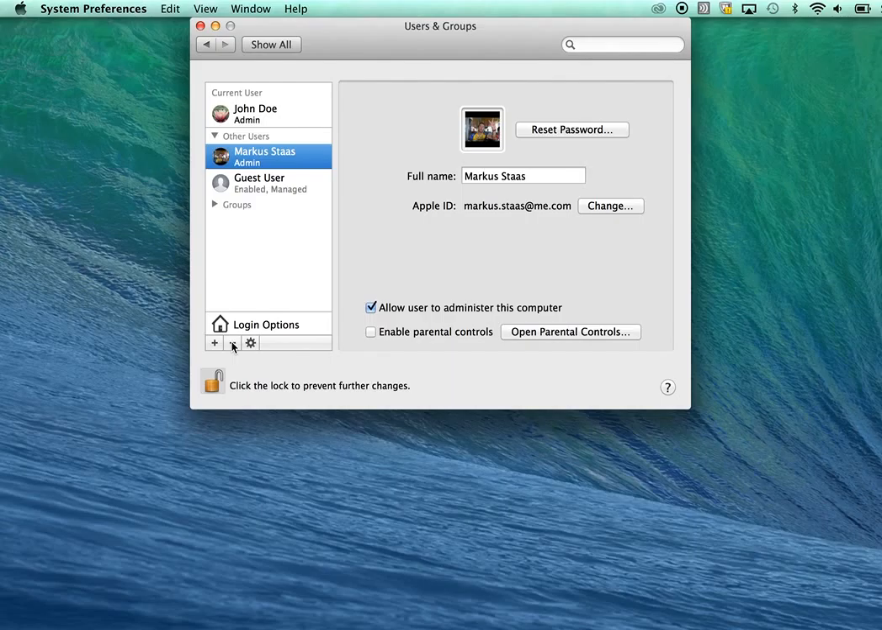So let's say you want to set up an account for a user like your son, for example, and you want to make sure that the parental controls are enabled, so that certain websites and things that are not so good to look at are not allowed to be looked at on this computer. So what you would do is you would add an account for your son,